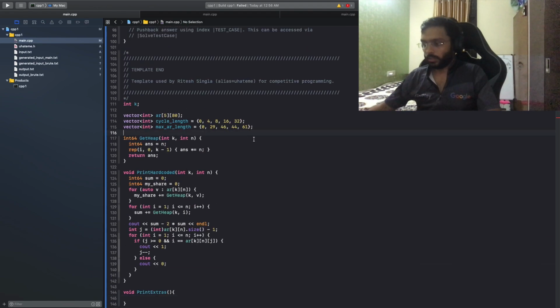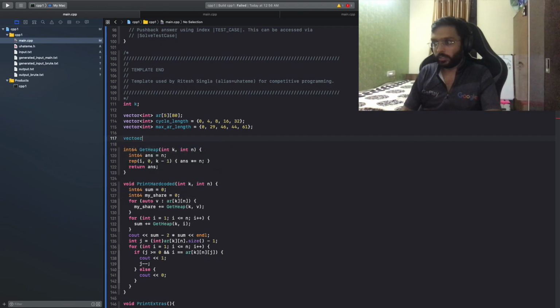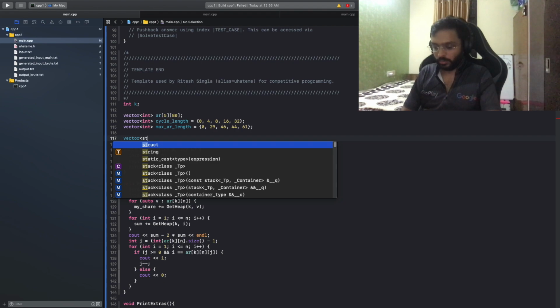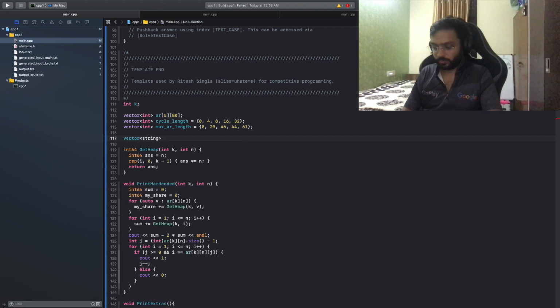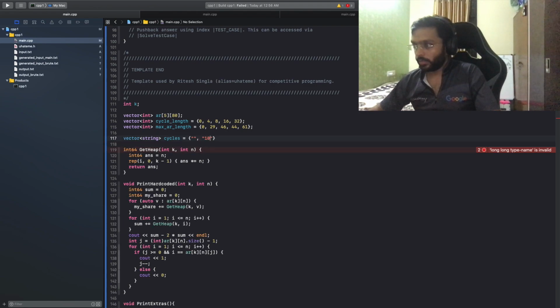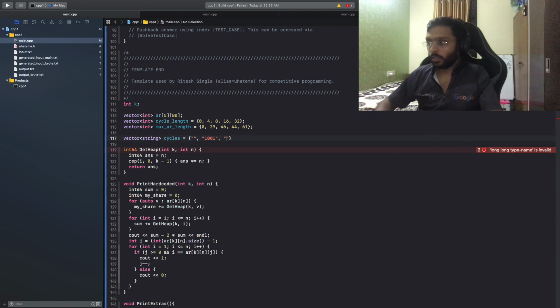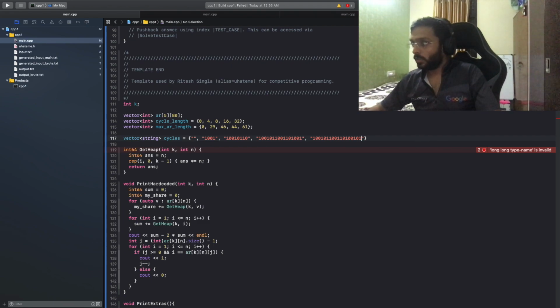In fact, let me just hard-code that as well. Vector of string cycles equal to: for 0 it's nothing, for 1 it's, first I'm giving it myself, 1001, and for 4 it's 10010110, it's 8, then for 16 it's 10010110, then 01101001, and for 32 it starts like this, and then 0110100110010110.